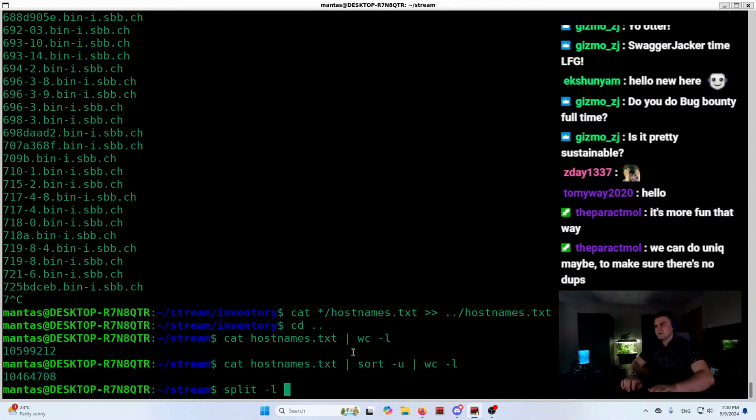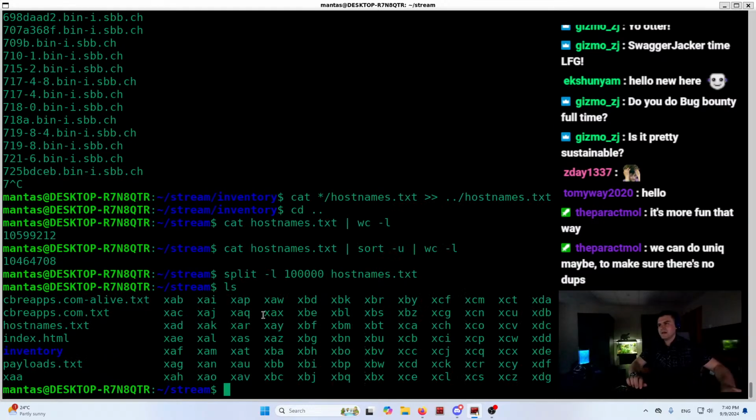So I will just split by 100,000 lines. That hostname file, we will have that many, so I'll just randomly select any of that file just for the test purposes. So for example, this one, I'll use Axiom scan for this file. I'll use module httpx with silent and a new, let's call this httpx,